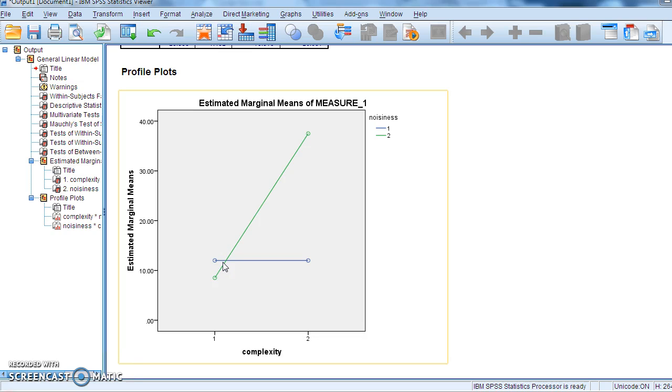Where that one was a pure crossover interaction, where we've almost got an X drawn on the graph. This is a bit of a crossover because you can see that performance on the complex task, the number of errors made, is slightly lower than performance on the simple task. But it might not be significant. So let's go and have a look at